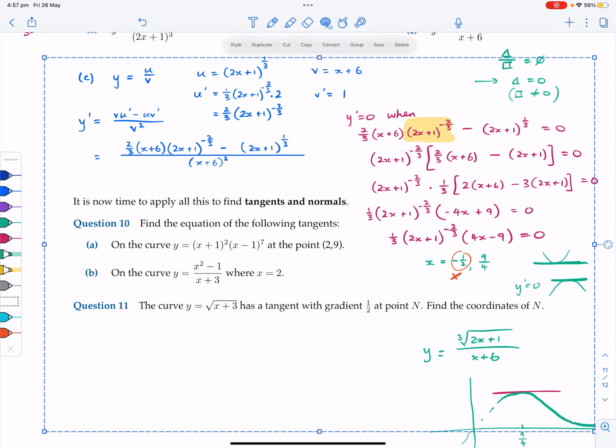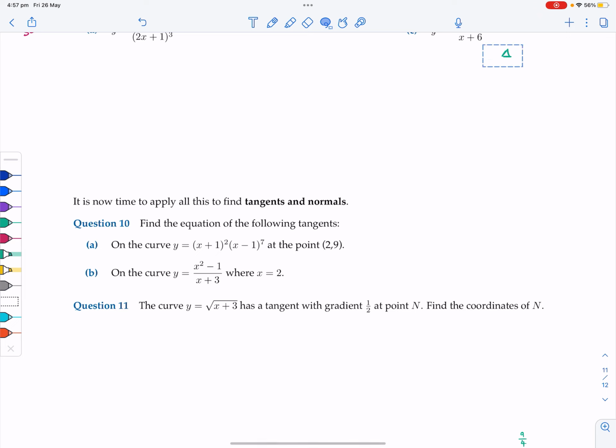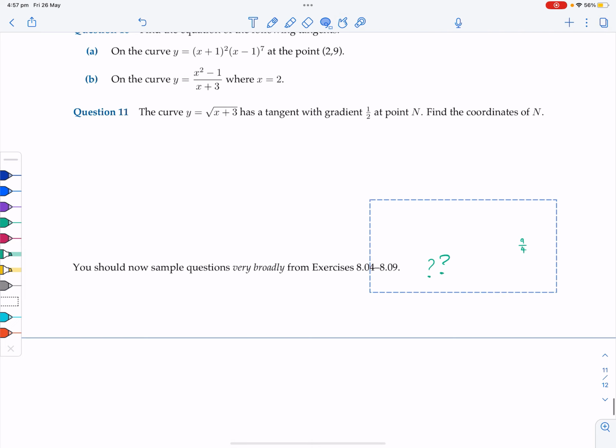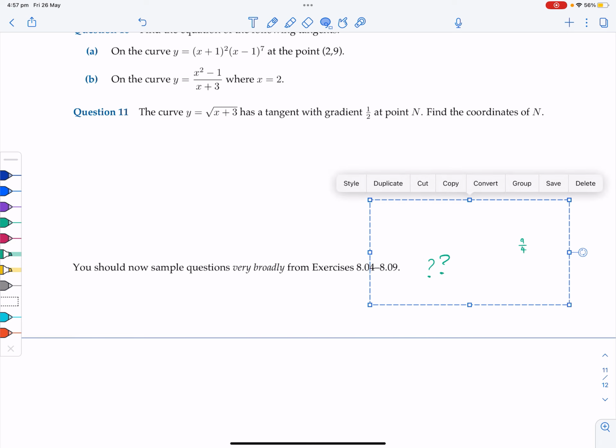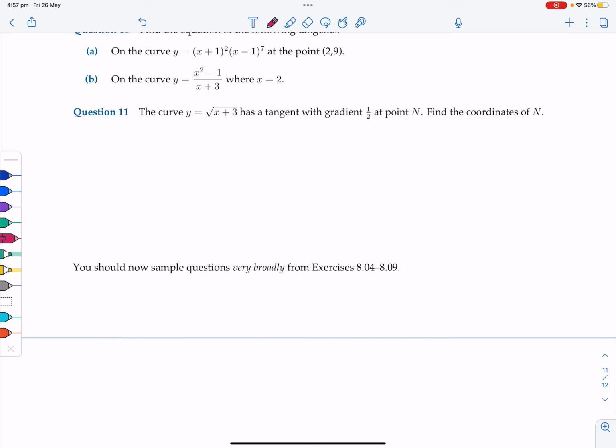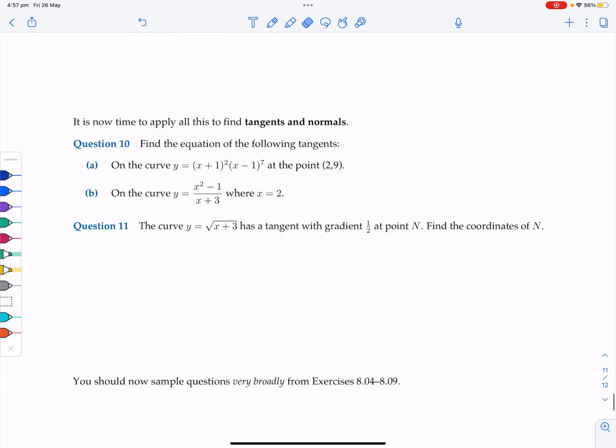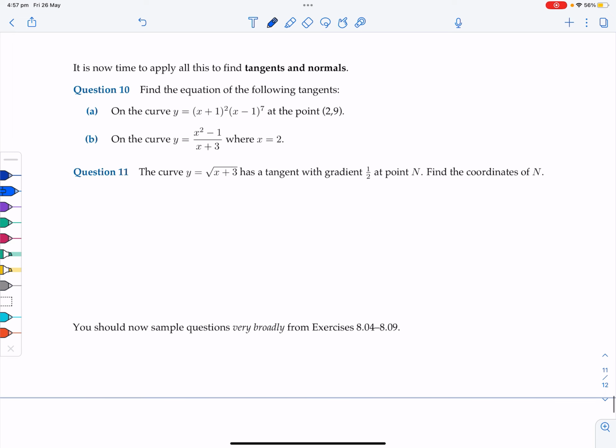We didn't get any further than that in class, but I might as well just finish off because this is the last bit. And just point out too that you can work on a very broad range of questions here. So don't focus on one exercise, do bits of each so that you're practicing a range of skills. You can always go back and do more of each one later. Okay, so question 10,